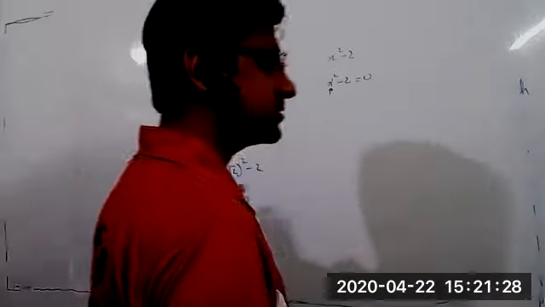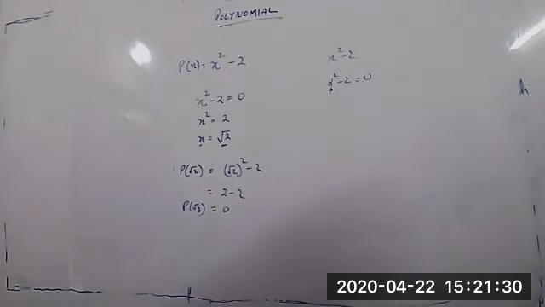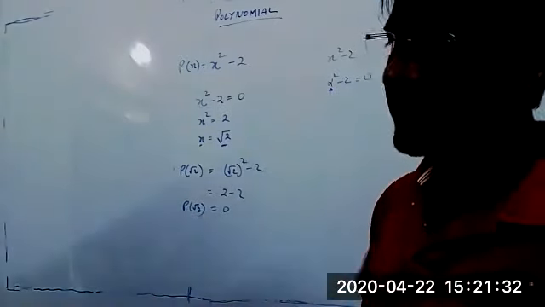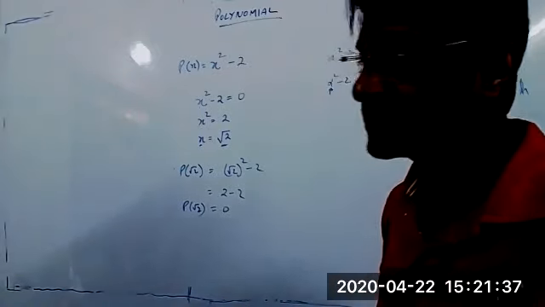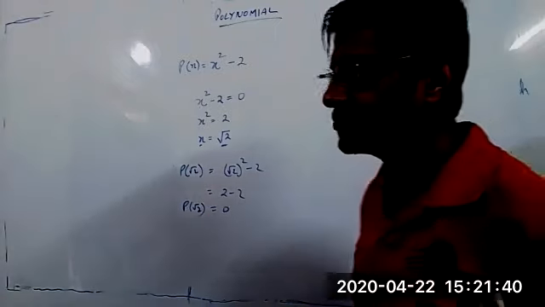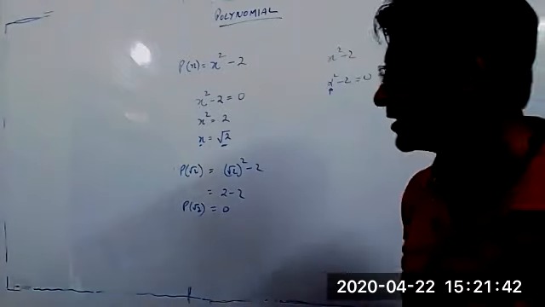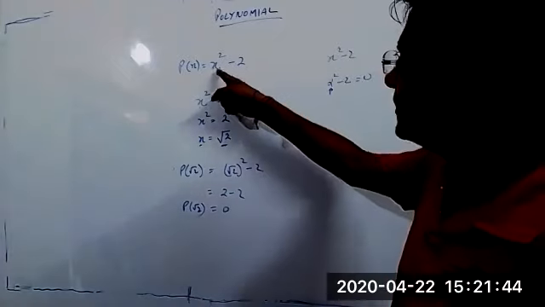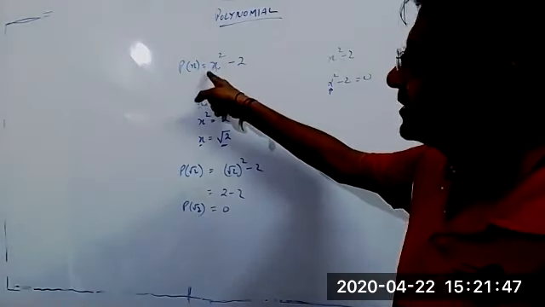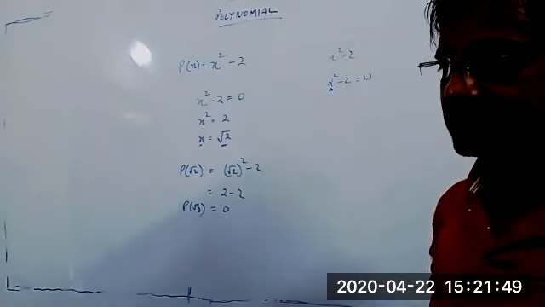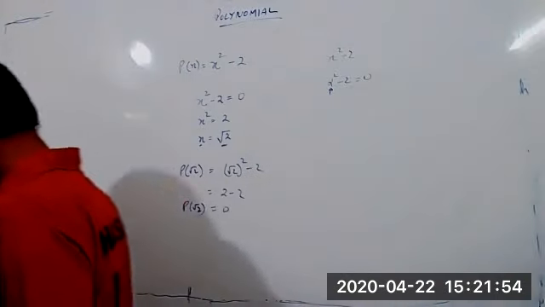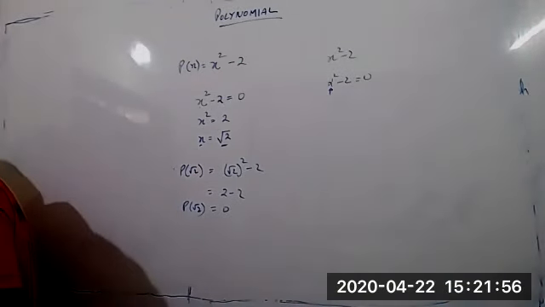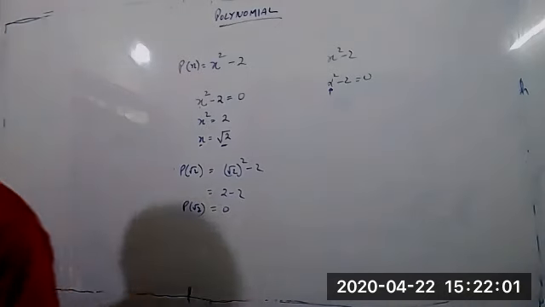So that value is, the zeroth value of this is minus root 2. Is it clear? You have to understand first what we mean by the zeroth value of any polynomial: a value which you will put here so that this becomes 0. That's it. Any doubt till here? Anyone has any doubt, please raise your hand.